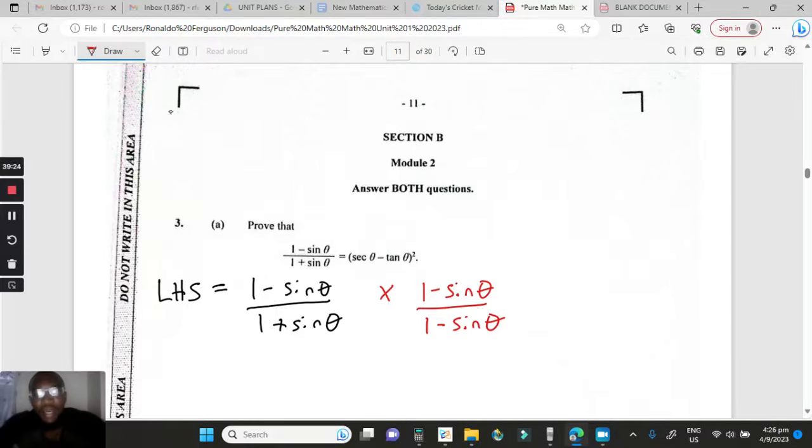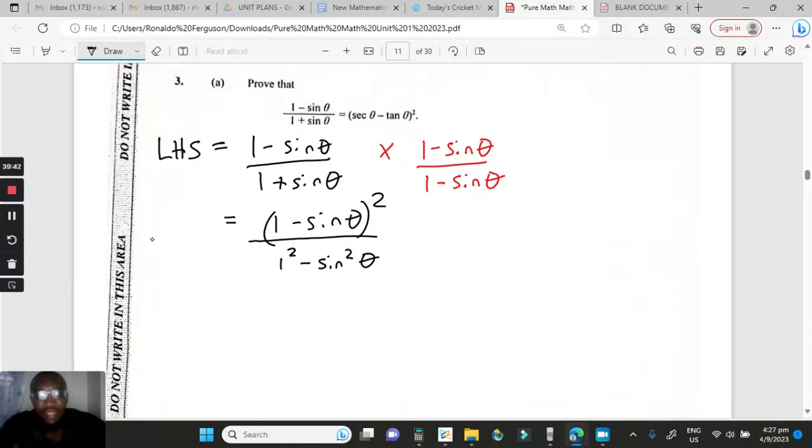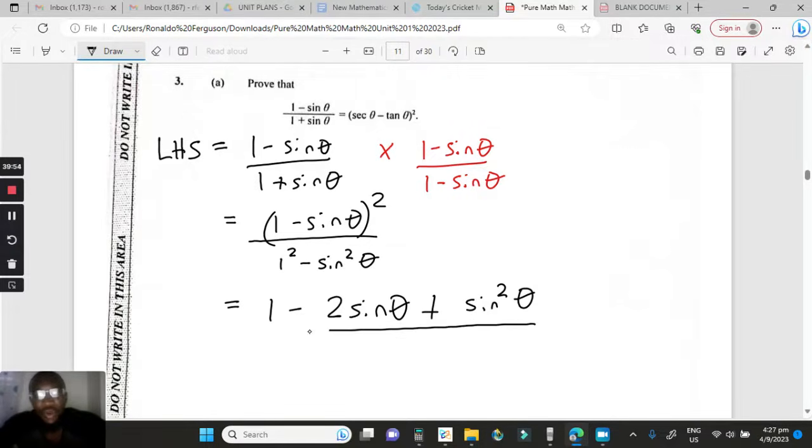And if we multiply by the conjugate of the denominator, 1 minus sine times 1 minus sine becomes 1 minus sine theta all squared. And then the denominator is going to become the difference of 2 squares, which is 1 squared minus sine squared. Now we can expand the numerator, first term squared, twice the product of the 2, that's 2 sine theta. Second term squared, that is sine squared theta, over